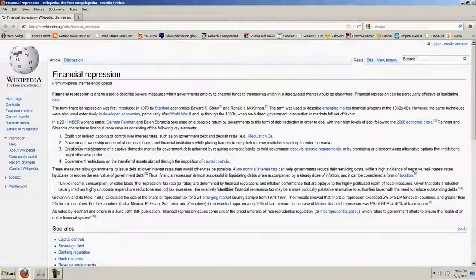Number 3 is the creation or maintenance of a captive domestic market for government debt, achieved by requiring domestic banks to hold government debt via reserve requirements, or by prohibiting or disincentivizing alternate options that institutions might otherwise prefer. Now, are we seeing that? Well, there's a lot of debate, and you can see on Yahoo debates about Social Security. We know that the Social Security Trust Fund has been looted and filled with government bonds. I also can see, and I haven't covered this in a video, a lot of signs that the 401k market is starting to move towards some type of required government bond holding. So I would give this one maybe